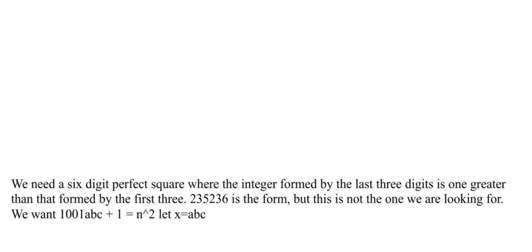So 235236 is the form of this integer, but this is not one of those that we're looking for. So the integer that we want will be 1001 times ABC plus 1, and that is going to be a perfect square. In the work that follows, I shall let x equal ABC, but just to make clearer what we're now talking about,